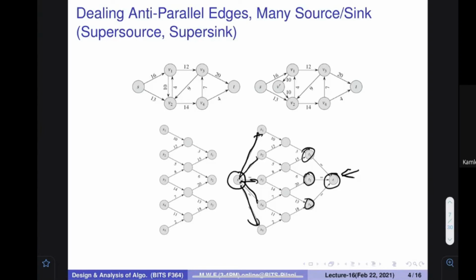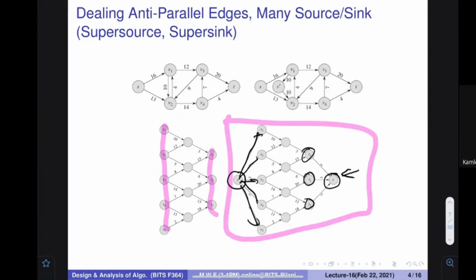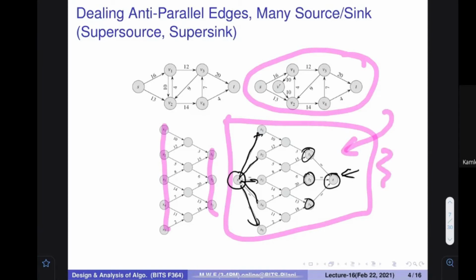Let's assume that this is the entry point of India. Let's assume we can define any other place also. So if I change this kind of thing, the multiple source and multiple sink problem can also be converted to this particular setting. So we are again in the same kind of scenario. What I wanted to tell you is that the simplified model we were thinking of is general enough that whatever problem comes up, we can always convert it into this particular problem, solve it, and then send our solution back.